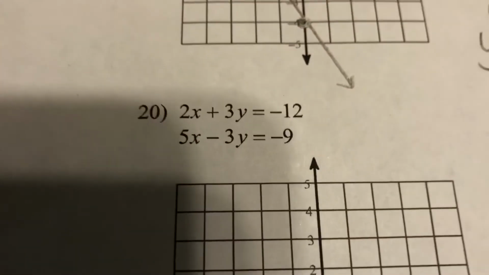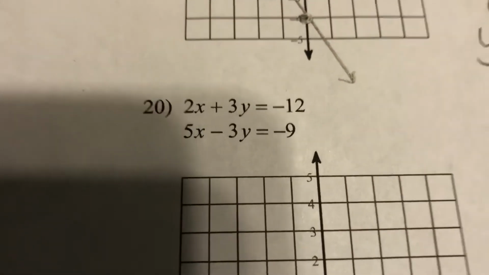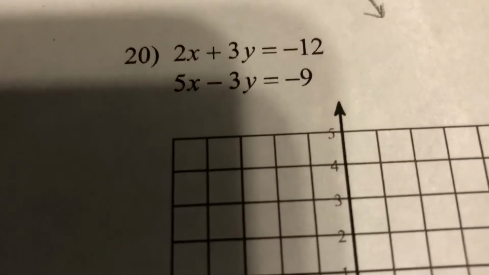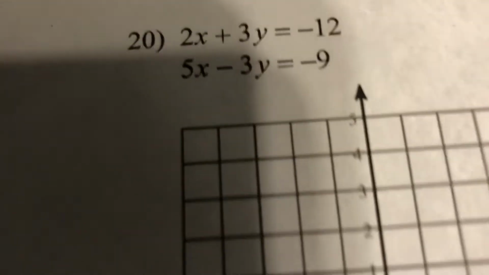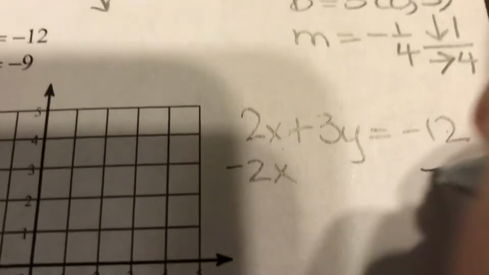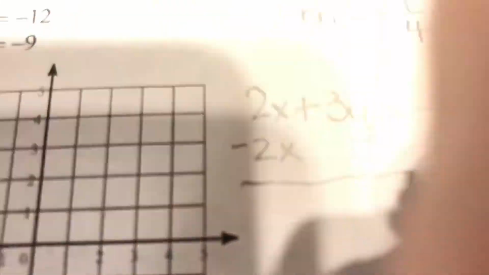Number 20 has 2x plus 3y is equal to -12, and 5x minus 3y is equal to -9. So I'm going to start with that 2x plus 3y is equal to -12, and I'm going to subtract that 2x from both sides. And I'm going to get 3y